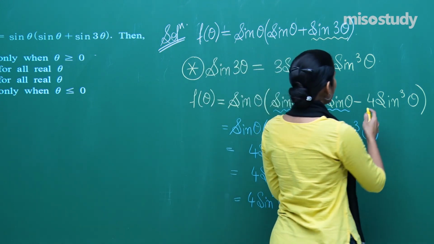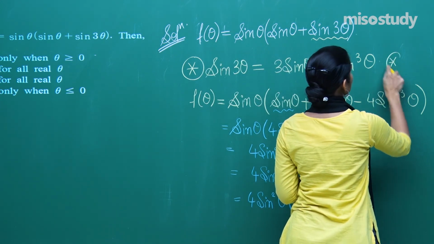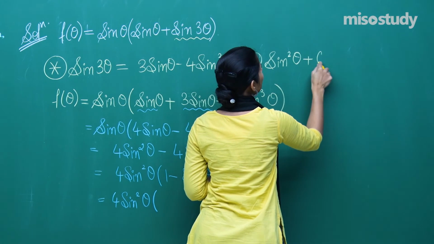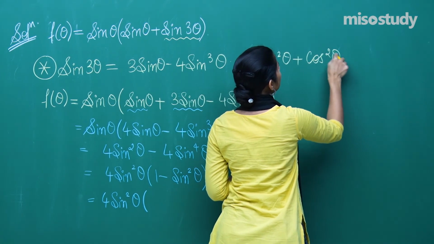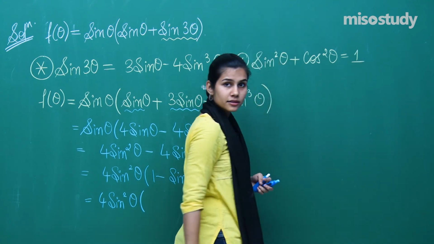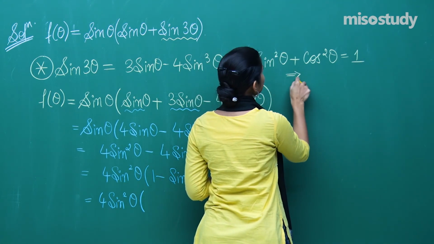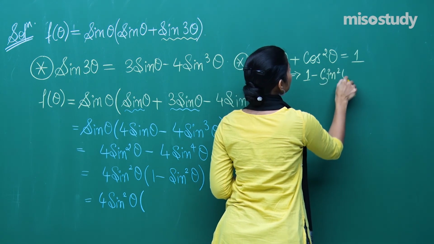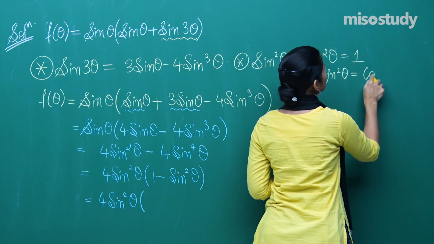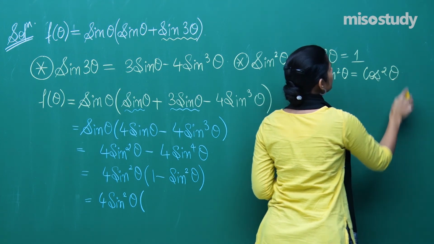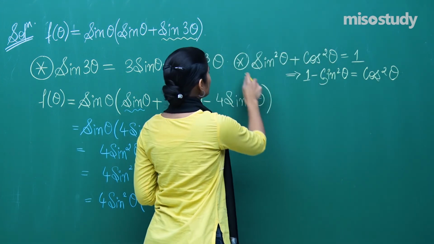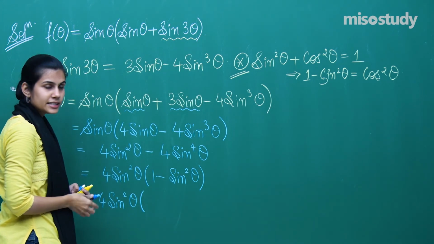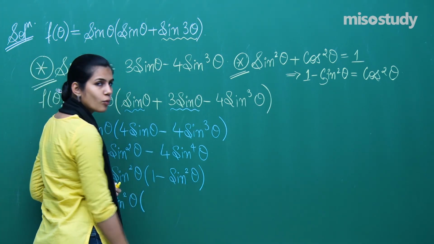We all know that sine square theta plus cos square theta is 1, which implies 1 minus sine square theta is nothing but cos square theta. So using this particular identity, after using this identity, I am at this note of 1 minus sine